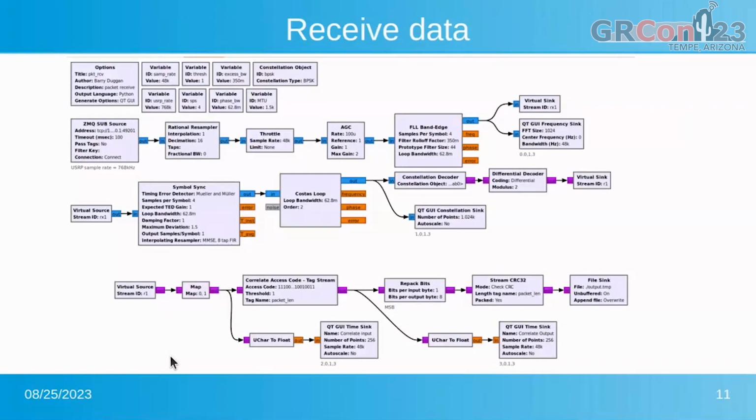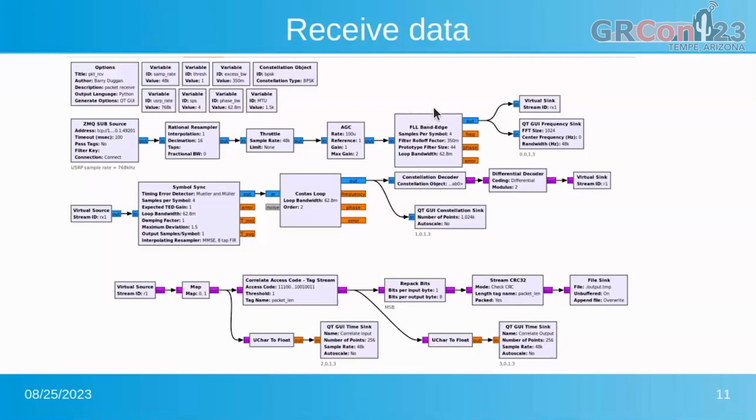So let's look at the receive side. We receive it at 768K and then convert it down to 48K. And then this is using a symbol sync rather than a polyphase clock sync. The symbol sync needs a normalized signal, so I added an AGC to make sure that we had a good signal, and feed that into a frequency lock loop band edge detector